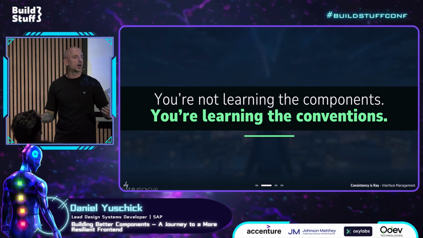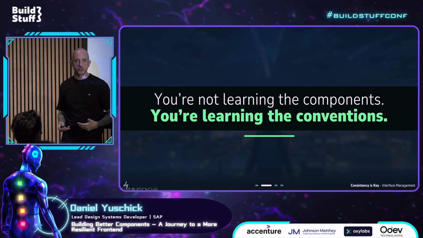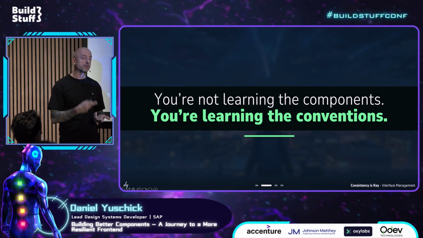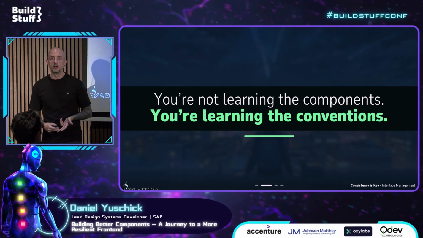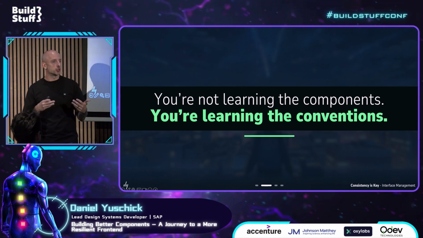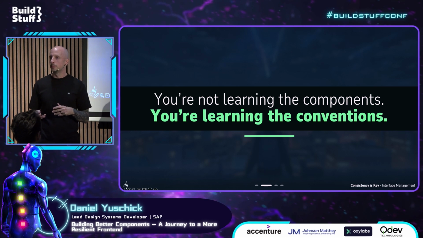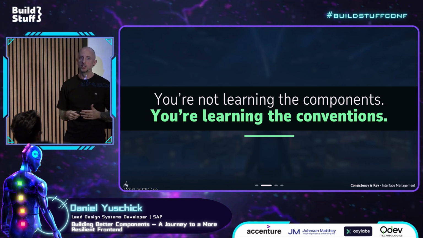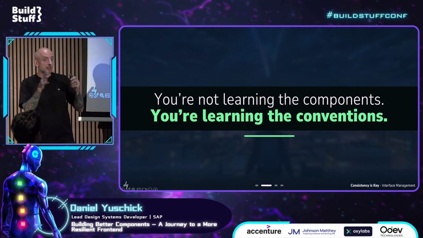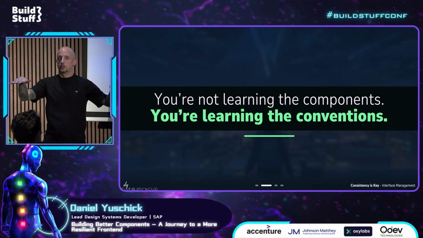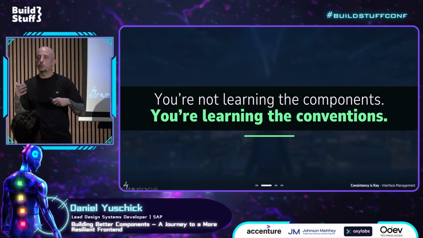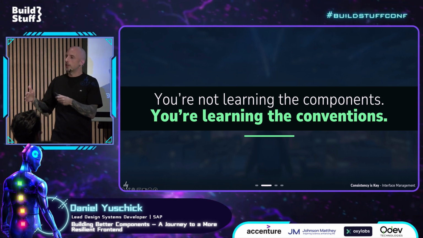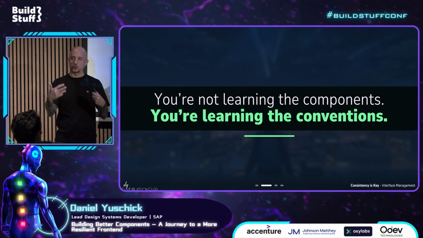The whole goal of having these component libraries and design systems is, I guess, 2 goals: enforce branding, but also ensure developer experience, efficiency, and productivity. If we are breaking those conventions and you have to learn the individual components, that efficiency and productivity, down the drain, it's gone. So we want to make sure that we're learning the conventions that apply to all the components and not the components themselves. So when the library adds another component here and there, and you go to 40, 50, 60 components, those same conventions apply, and you can use that shared knowledge as the